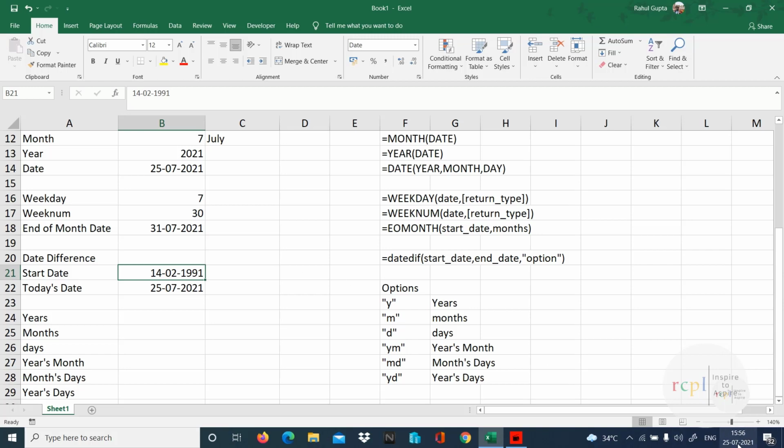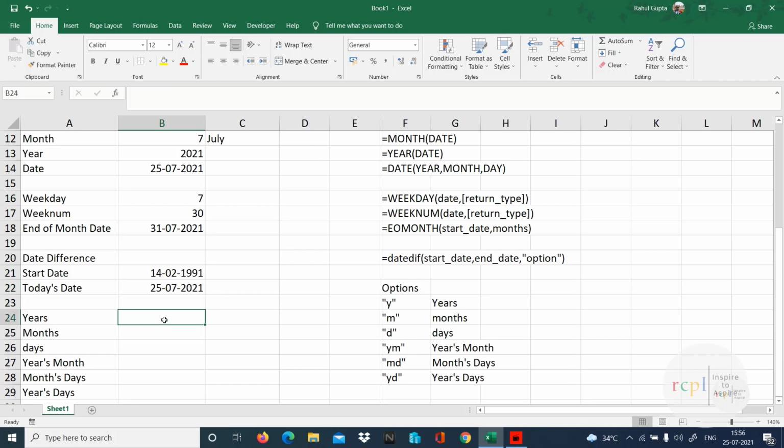You can see at the bottom, whatever format your system is having the date, accordingly you have to write. And if you want to check the format, you are not getting it from there, you can type is equal to today function, you will get the format of your date. If you write the format which I am using, that might not be the same format of your system, then it will be a wrong output.